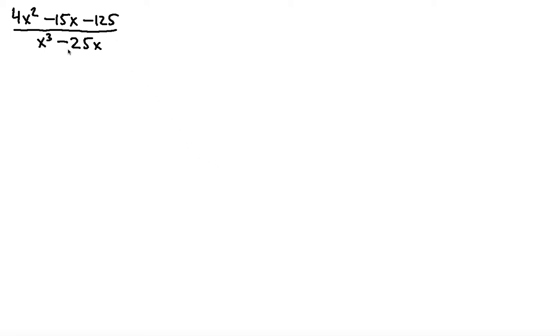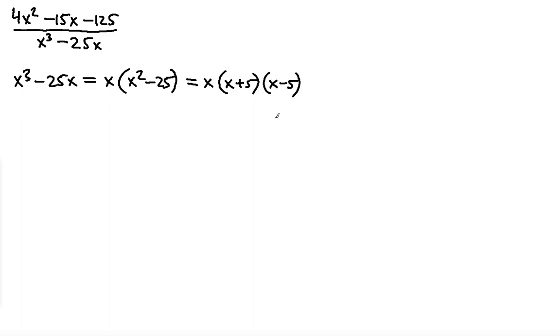To successfully find the partial fraction decomposition of this fraction, you need to break up the denominator, namely factor it. X to the third minus 25x factors as x times x squared minus 25, which factors further as x times x plus 5 times x minus 5. Okay, so notice,